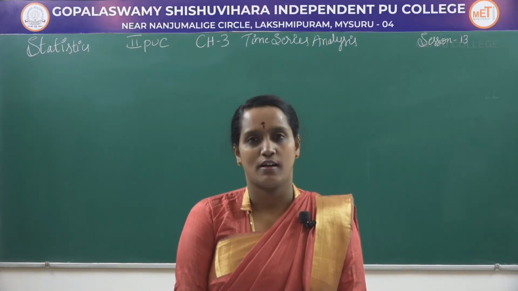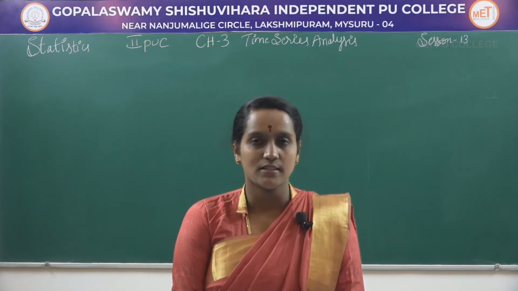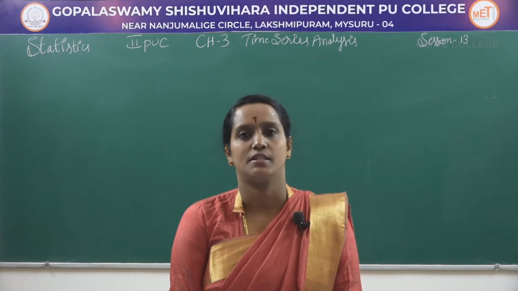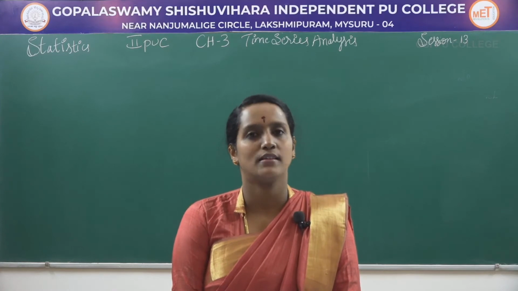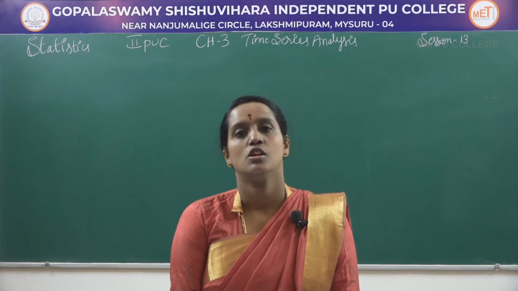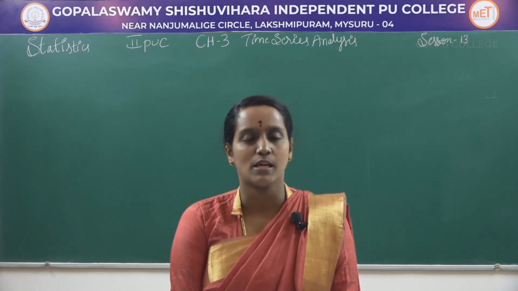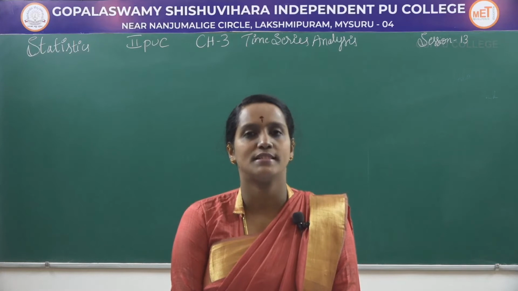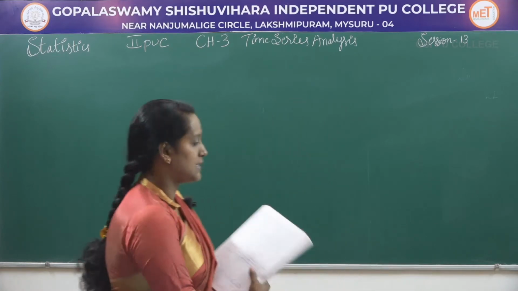Today we are recalling the last topic in time series analysis, that is parabolic trend. It is nothing but the second order equation, and how to solve the second order equation using normal equations and how to find out the constants. Here in second order we are having three constants, that is a, b, c. How to find out those three constants using our normal equations, that we are going to see in this class. So take down the problem first.